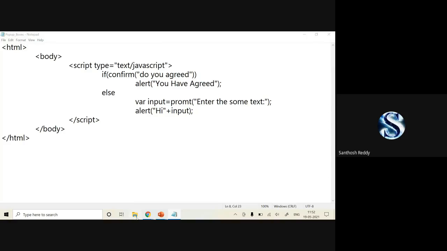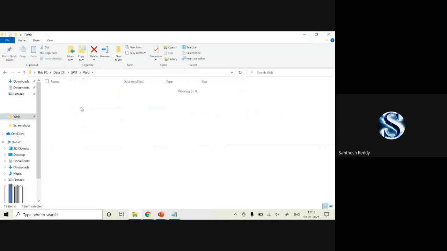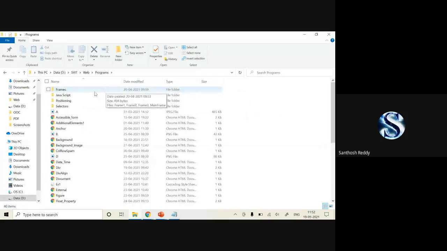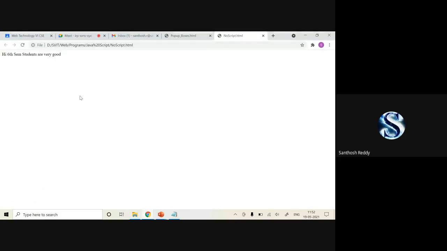Save the code, go back to the file, programs, JavaScript, pop-up boxes. Okay, I have displayed the pop-up boxes. Now you can check it out.